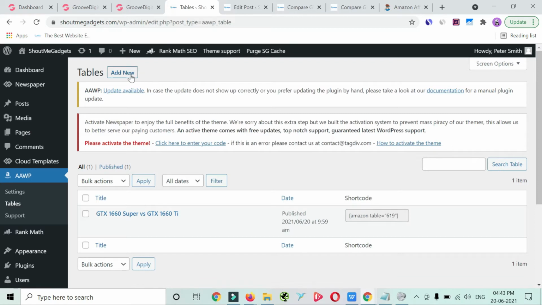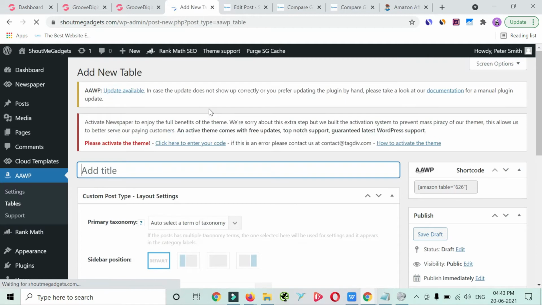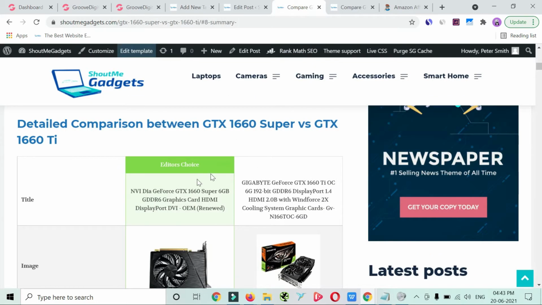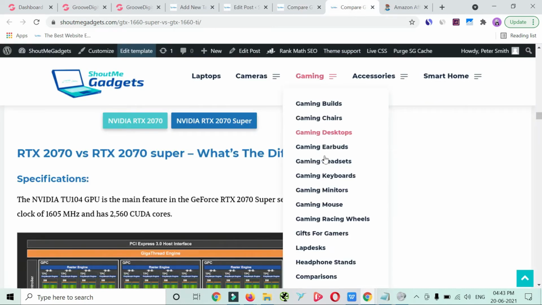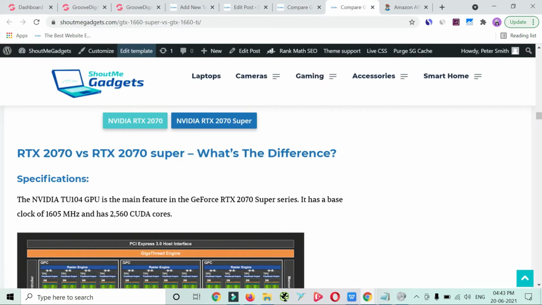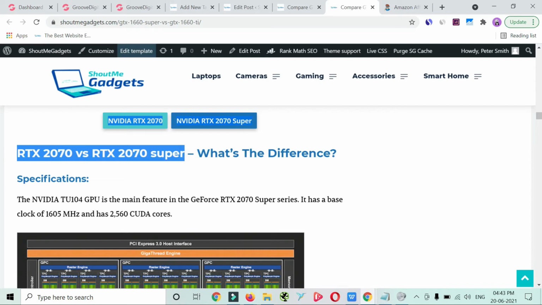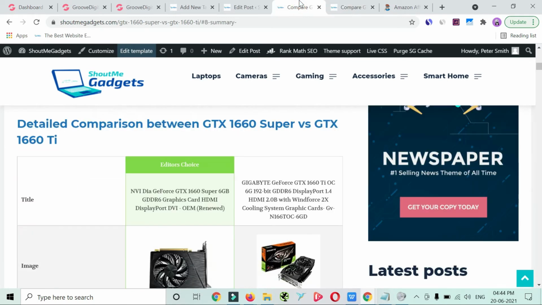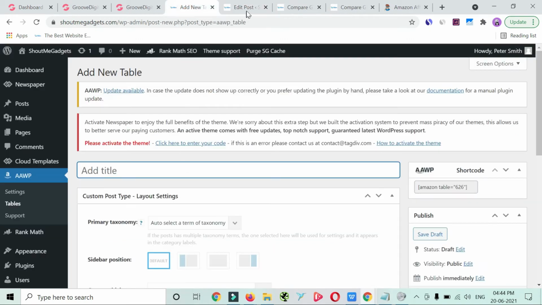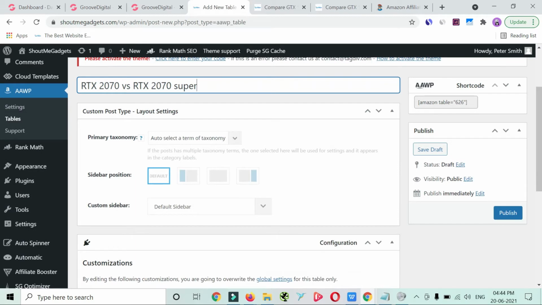So let's click on add new, and you can name the table as per your convenience so that it will be easy for you to understand. If I'm going to create a table for a particular post, I'm going to use a title, for example RTX 2070 versus Super. So I'm going to copy this and paste it as a label for this table. Okay, now the name of the table has been set.